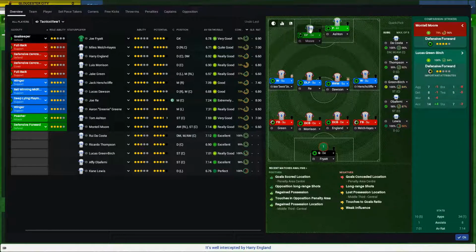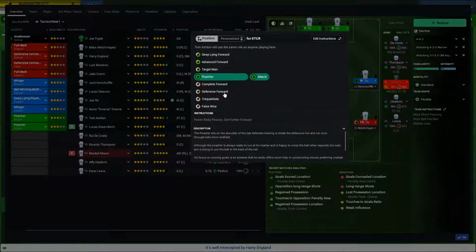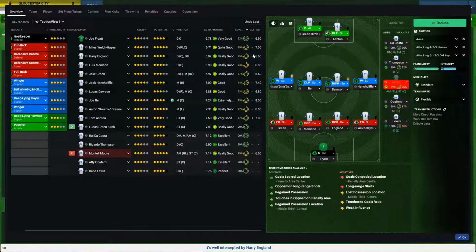Bring Lucas Green-Birch on in place of Moore. Change him to a poacher. Take Ashton off. Put him on deep lying forward. We are also going to bring